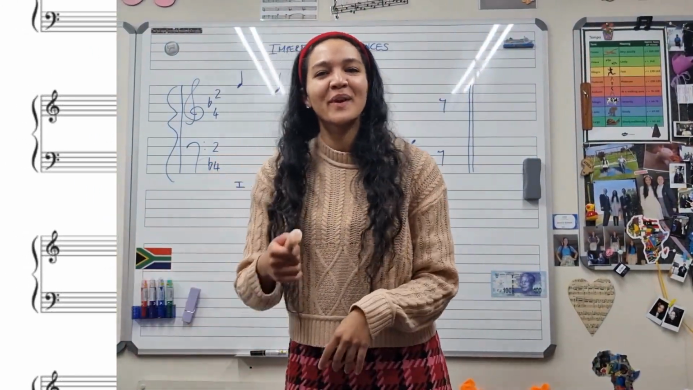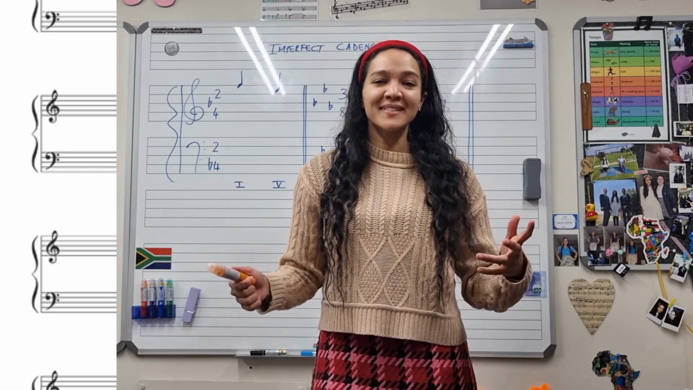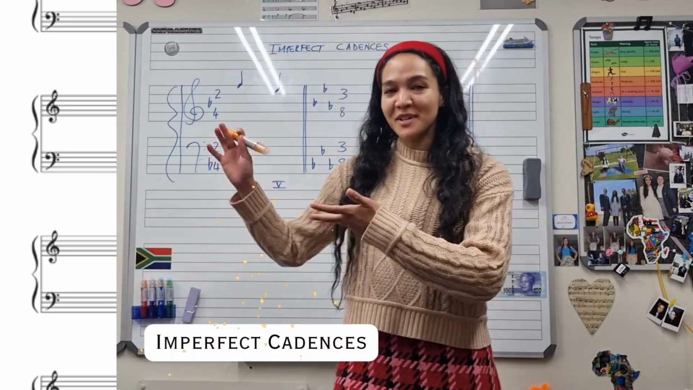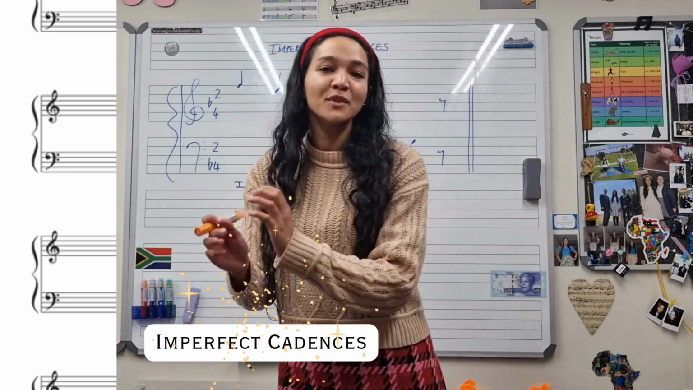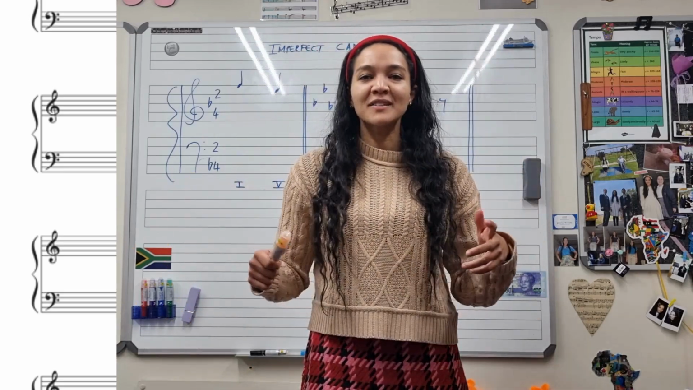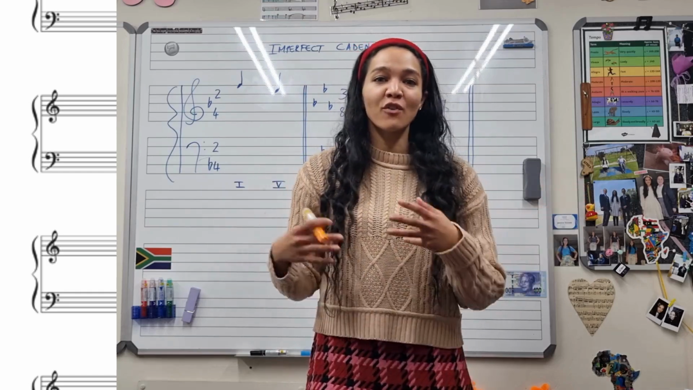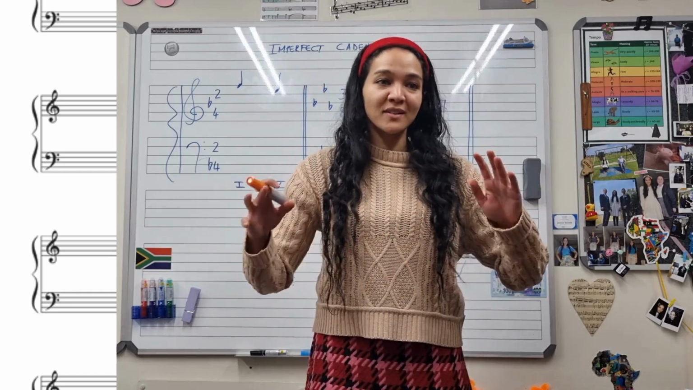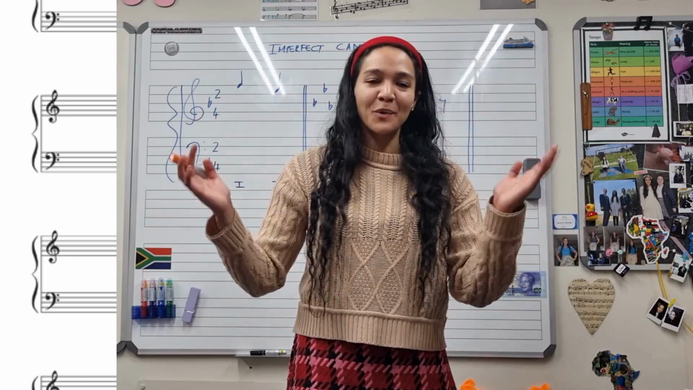Cadences regarding the grade 4 UNISA theory of music syllabus. We are deep diving into imperfect cadences today, so that is from tonic to dominant. Now cadences of course refer to our ending points, either of phrases or sections, movements, even whole works, whole pieces,